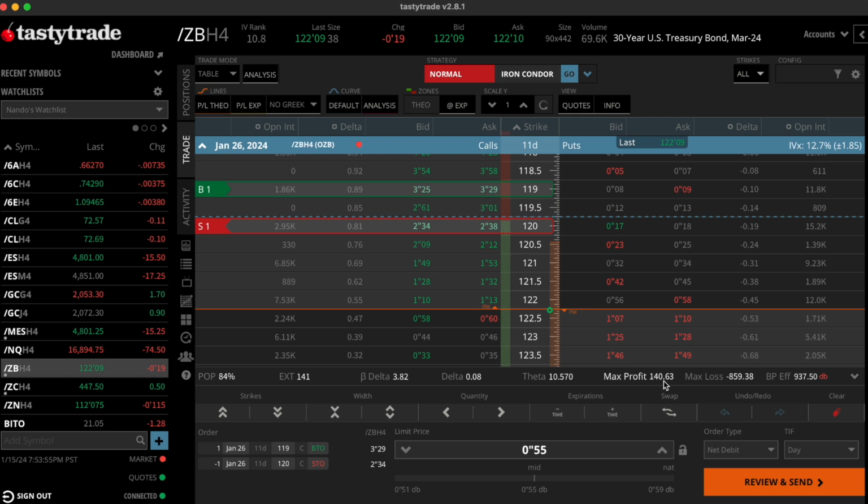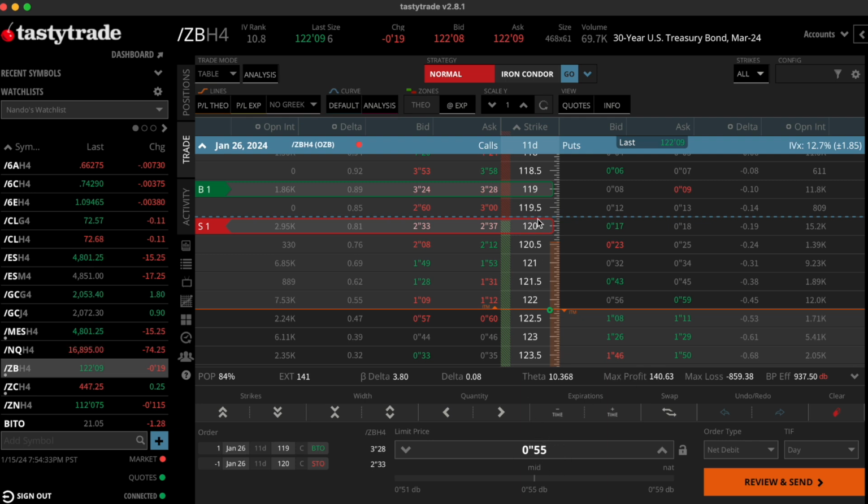Our max profit is exactly the same as it was selling the put spread, 140.63, 140 bucks and 63 cents. And our max loss is exactly the same as when we were selling the put spread. Now, in this bullish call spread, we're paying 55 ticks. And remember that a handle in the bonds is 64 ticks. All right, so this 9-tick difference between 64 and 65 makes our max profit,